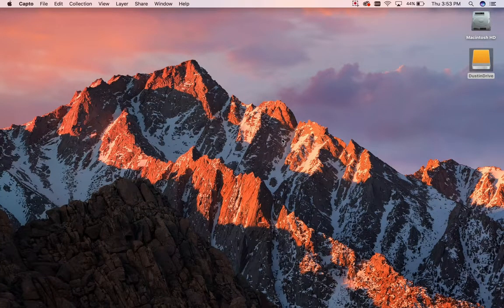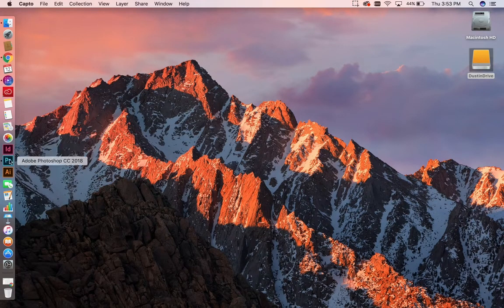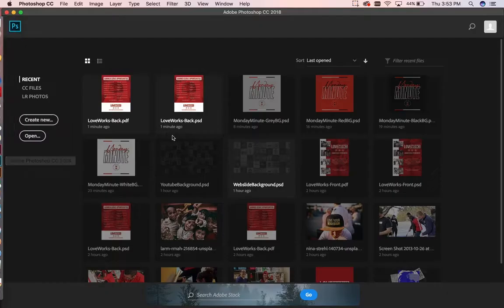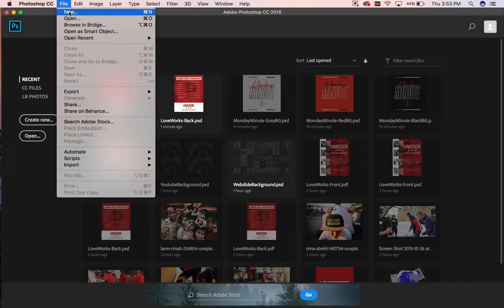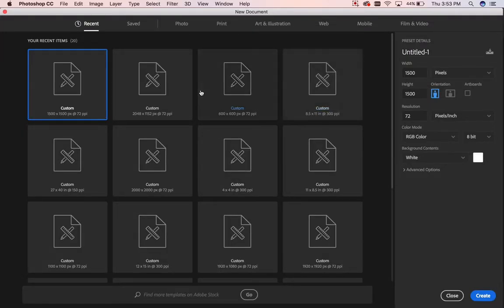Some of you have asked me to do a Photoshop tutorial. So we'll just start with this one. What I'm going to do is make a poster artwork using imagery and effects, texture, type. And so what I usually do is open up Photoshop, make this